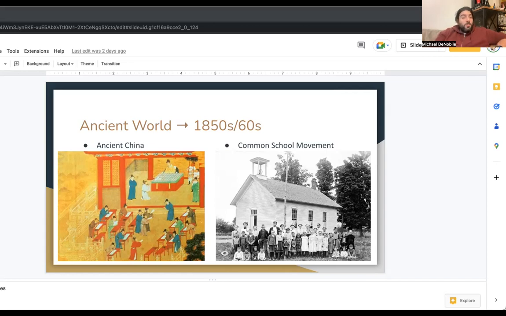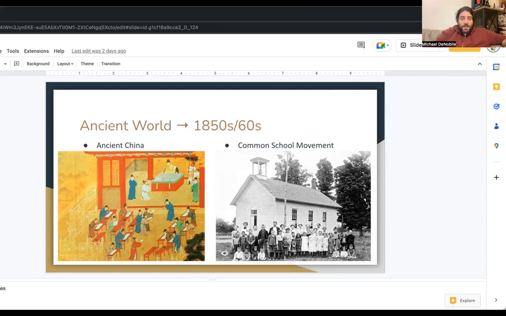Or if you showed that you had particular leadership skills, you might move on to higher education and be a part of the educated political elite of our country. And so that was really the mindset of this common school movement, that because of the Industrial Revolution, because of all these changes in society, we really need a competent workforce in order to meet the demands of an ever modernizing world.